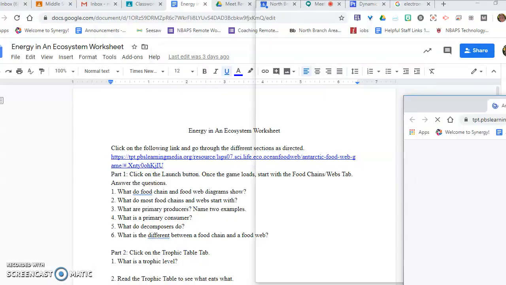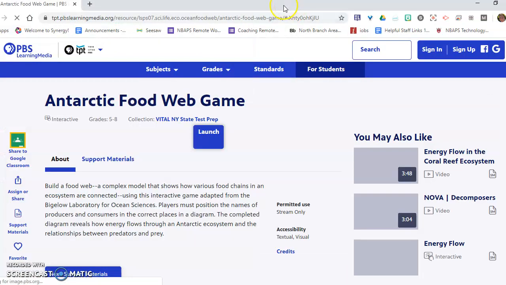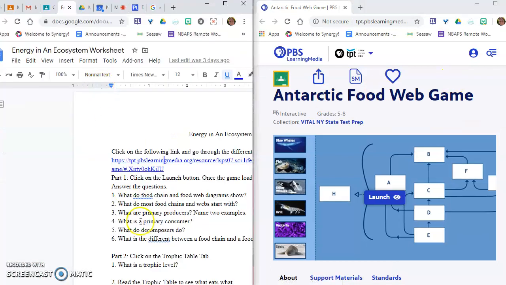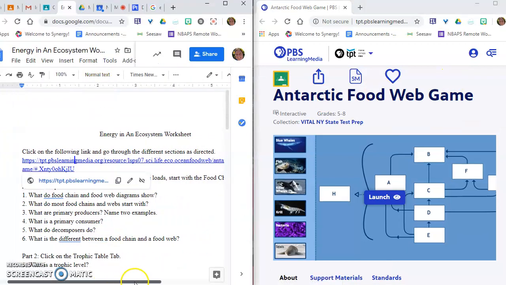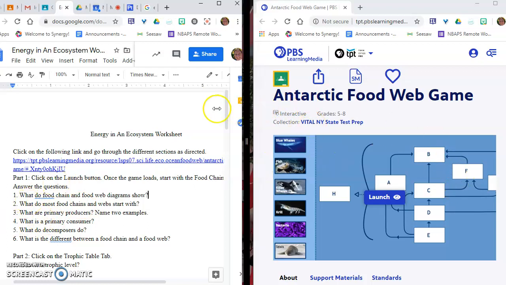I like to do a split screen. Takes a little bit. So I have both open. Okay. I'm not going to type in here, but once you get to this, if you can't get to it,